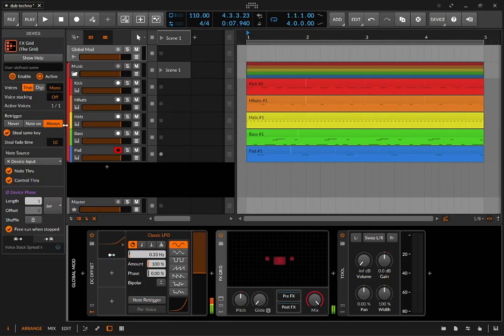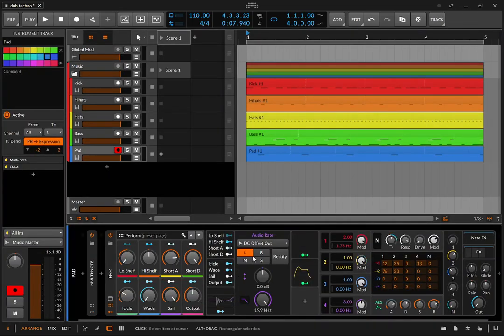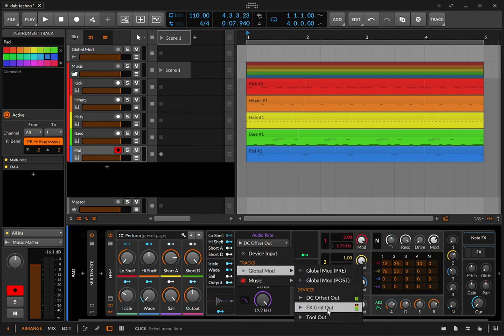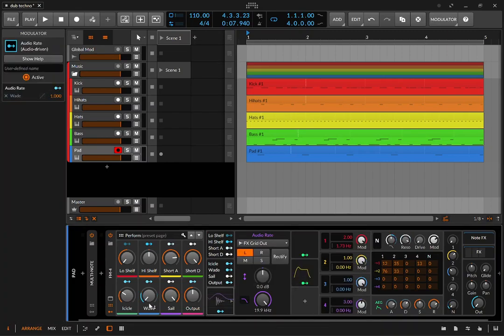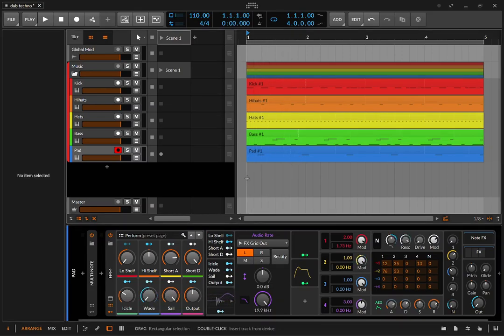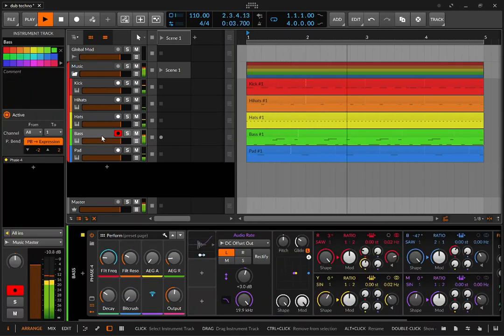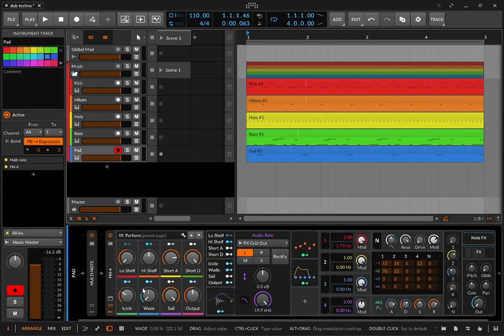Okay, so now for the pad, I can take that signal instead, so the output of FX Grid, and let's hear it now. We will see that both things are happening at different moments in time. So as you can hear, the filter opens first, and then the pad follows with this